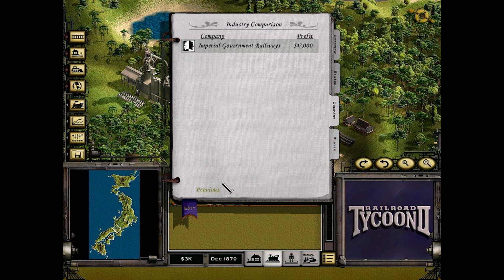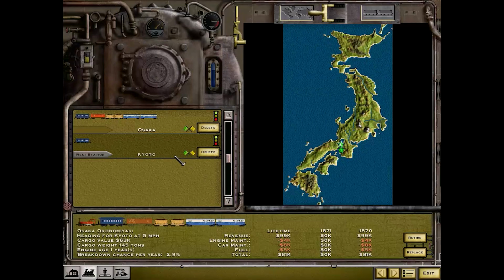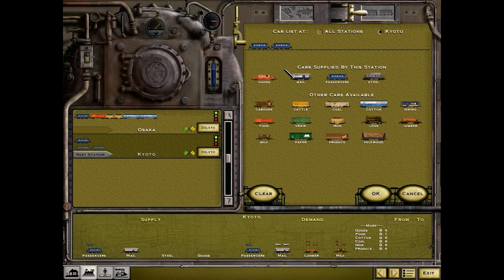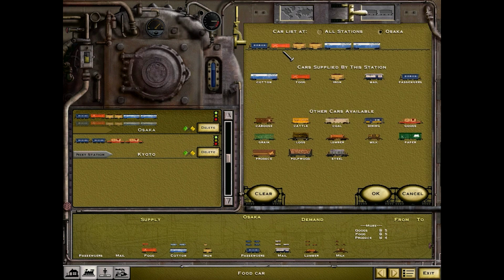Okay, anyway, so we're not massively profitable. That is fine for now. But have a look at how slow this train is for the meantime. Not amazing. But we'll grab these 2, and then from here...